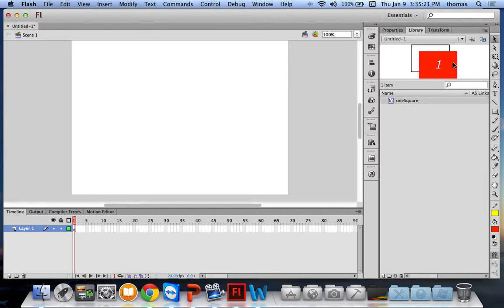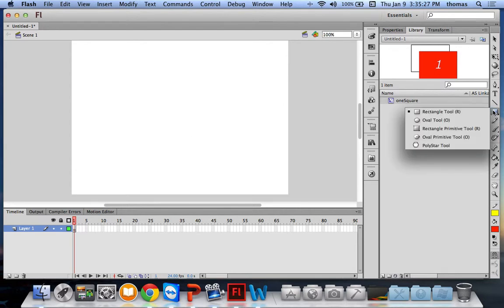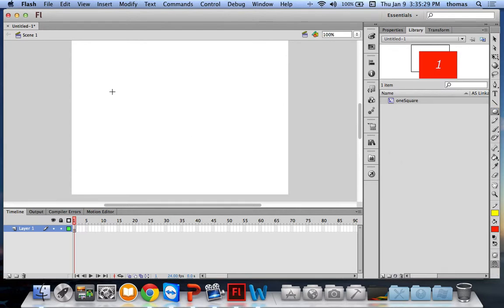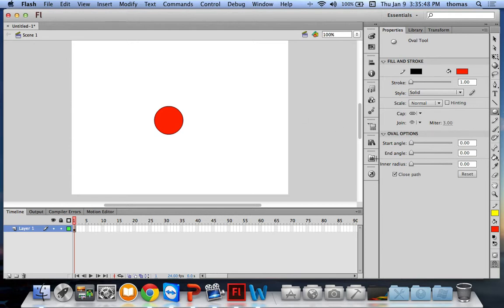I still have this symbol in my library, which I'm going to keep. I can create as many symbols as I want. The right thing to do, though, from a best practice perspective, is, if I'm going to create a symbol, in this case I'm making an oval, and if I hold the Shift key, I'm going to make an oval that's a circle, right? Because a circle is just an oval with equal sides. It's a radius that's equal. So here's my circle. It's got the same kind of properties, fill and stroke. I'm drawing it in